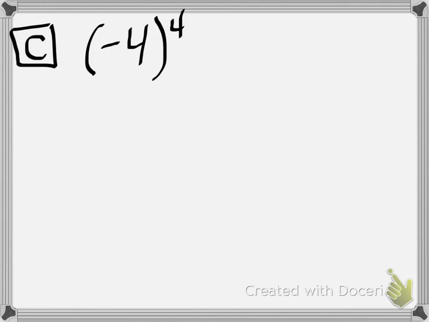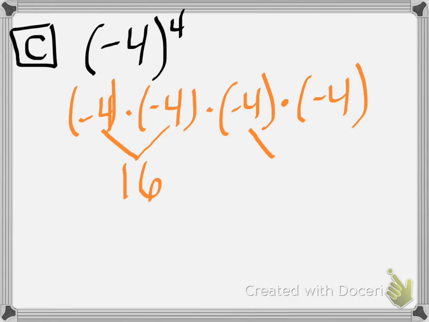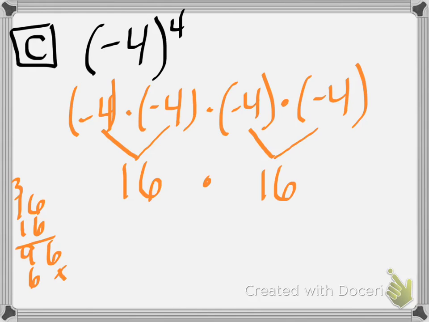In example C, I have negative 4 times negative 4, and they're usually in parentheses so they don't lose the negative signs. Negative 4 times negative 4 times negative 4 times negative 4. All right, let's start combining them. Negative 4 times negative 4 is 16. Negative 4 times negative 4 is another 16. And what is 16 times 16? If you aren't sure, do it off to the side. 16 times 16, 36, 3, 9, 6, 1, 6, 5, 2. So the answer is